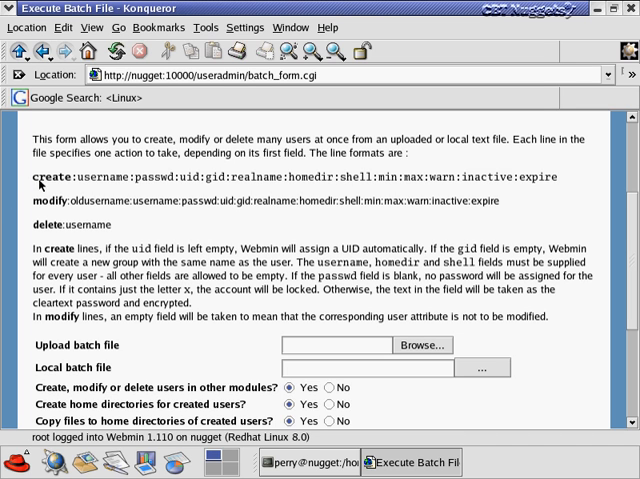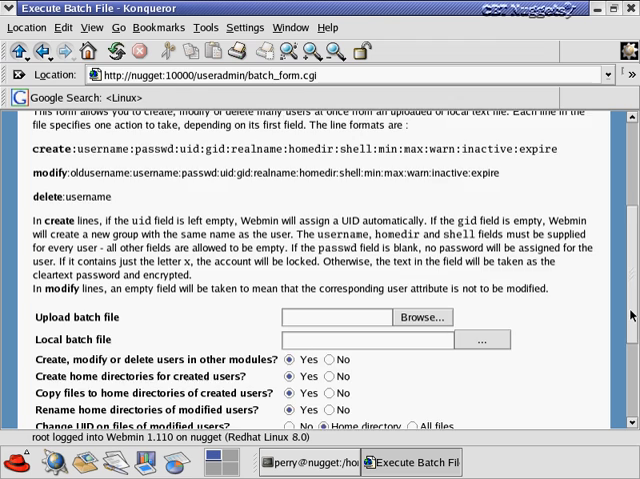So if I wanted to create that Dennis account, I would say create Dennis, the password that I set, Linux is great, the user ID of like 503, the group ID, his real name, the home directory, and so on. And I can create this text file for all the different users that I want to create on the system. Then that text file I can upload. So it's called a batch file. So I'll upload this batch file. I can browse around my system for that particular batch file, and then